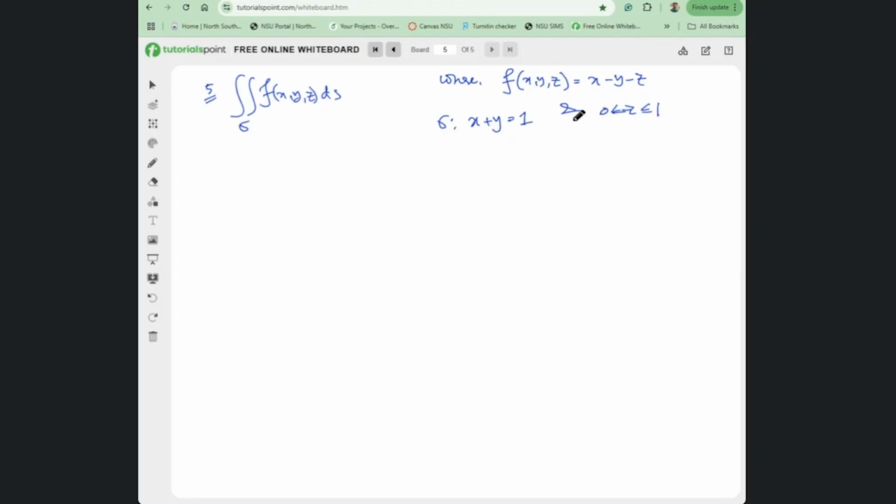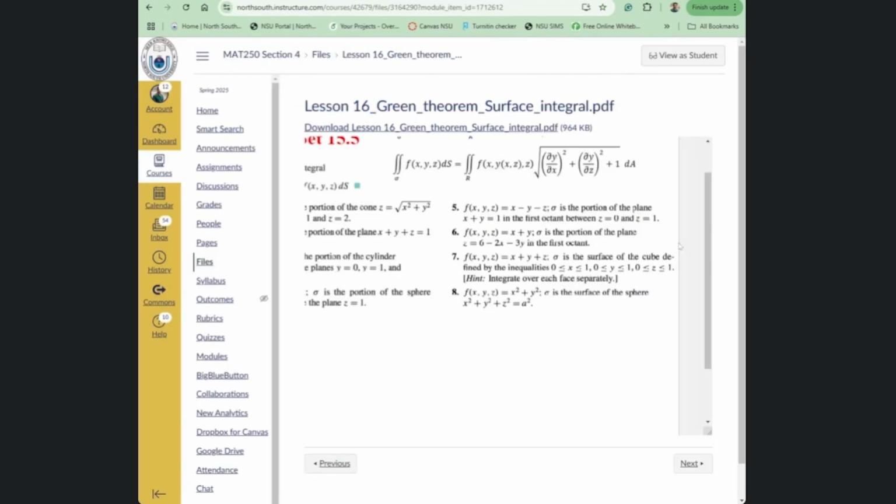Okay, so from this information, one thing we observe is that the limit of z is given. If the limit of z is given, then the formulation that we have here,